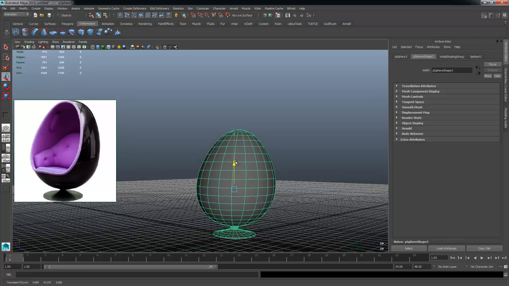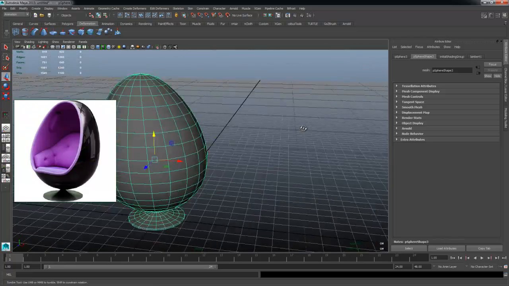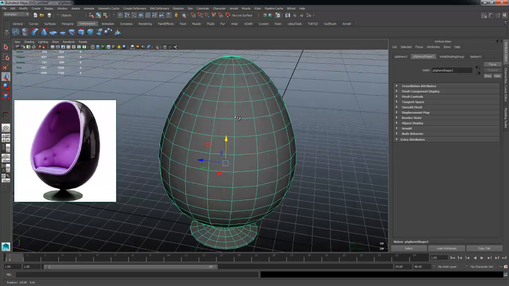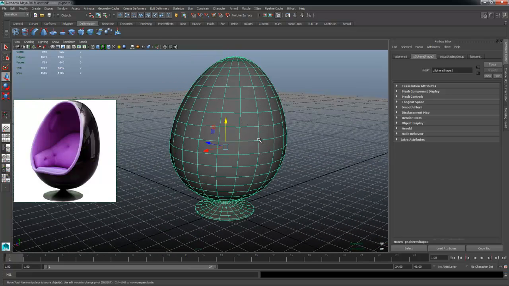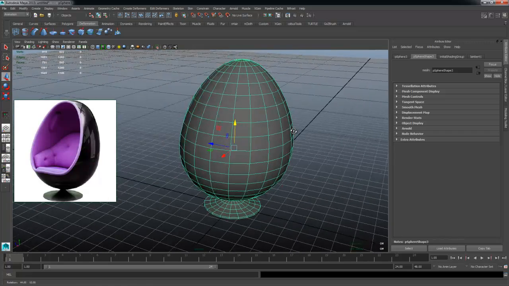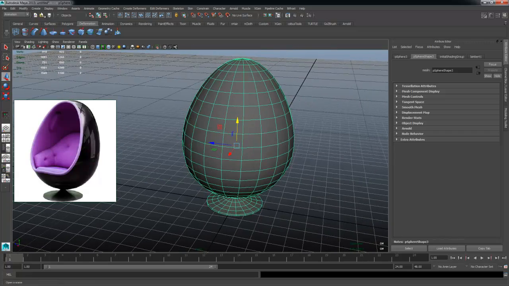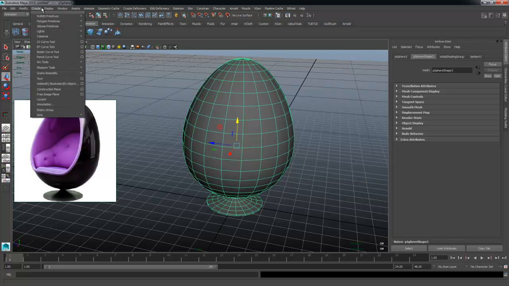more precisely placed and shaped the way I want, I'm going to go in and start projecting the cut for the model onto the model, and then we're going to trim it off and then start creating the inner shape. So first things first, we will most likely start off with a NURBS primitive and again start with a circle, but we'll have to add some extra divisions along the circle